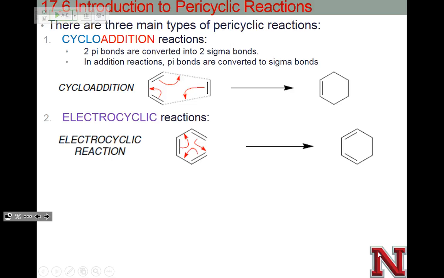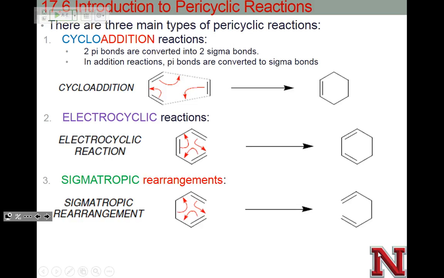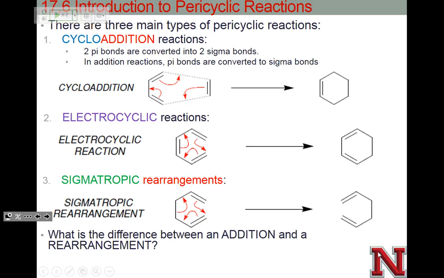The last one is a rearrangement. Usually we call these sigmatropic rearrangements, and it's a complete rearrangement. We have the same amount of sigma bonds, the same amount of pi bonds in my starting material and my product. My starting material is open, my product is open. The difference is the rearrangement of where the bonds are, between which atoms, where the sigma bonds are. This one has no substitution, but if I were to number this,